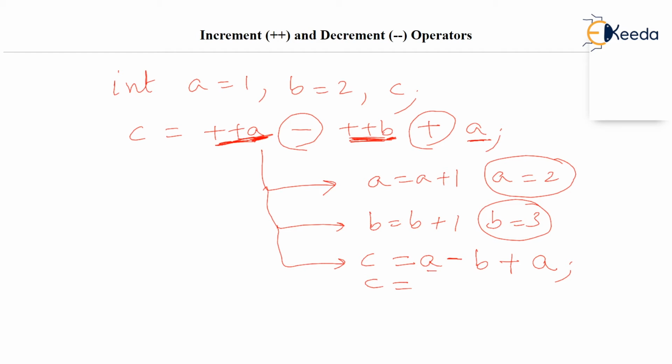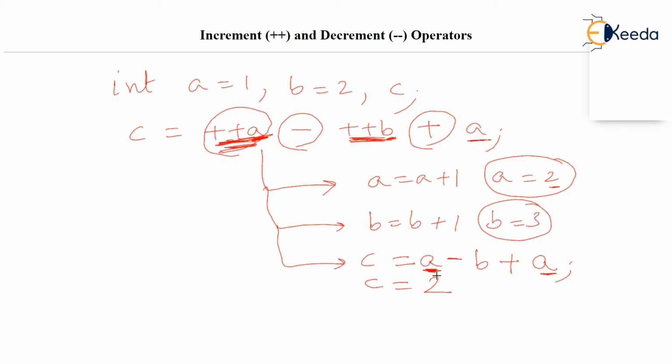One might think, okay, this has been the result of plus plus a, and I got that result as 2. So I will take this value as 2. Listen very carefully. This value of a you are taking due to this part of the expression, isn't it? The first part of the expression. But what about this last a? What's the value of a you should take?